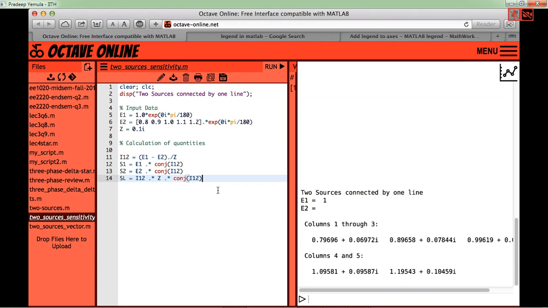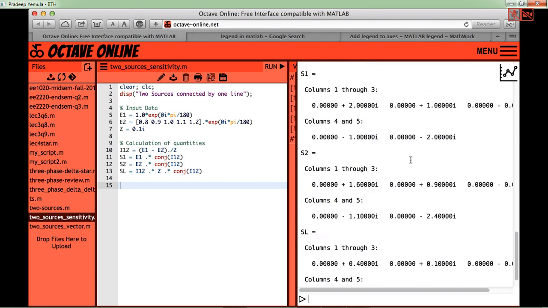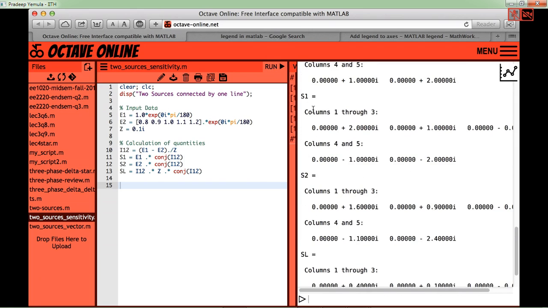If you want to know more about this, just try to search in Google about dot multiplication or matrix multiplication in MATLAB. So you will know. It's just a simple thing. So now my S1 will have different values. Okay. So if I just simply save and run this, on the right side you can see the S1 values.